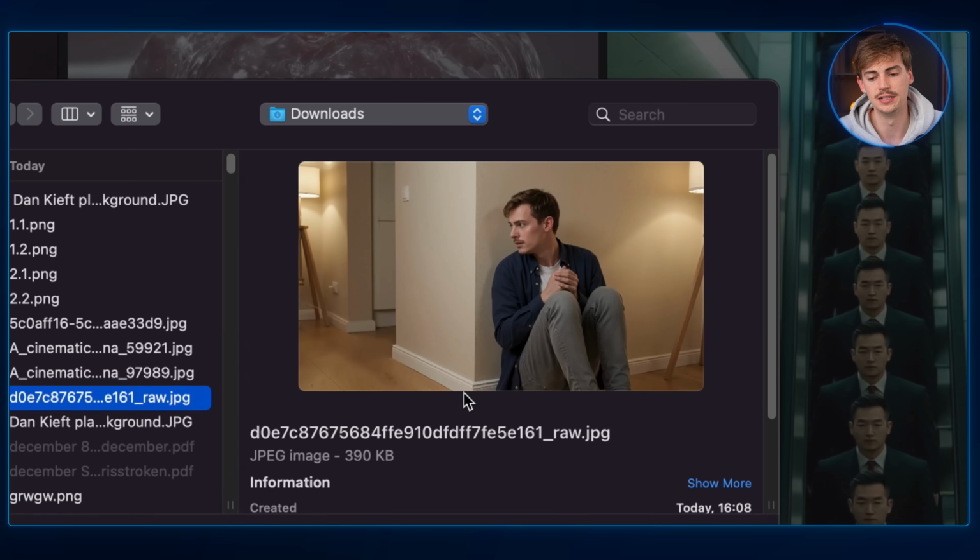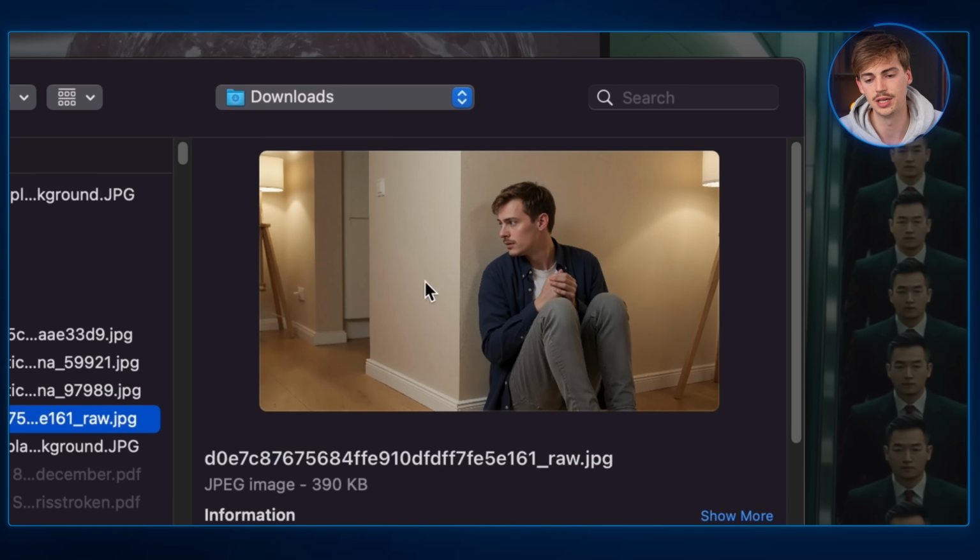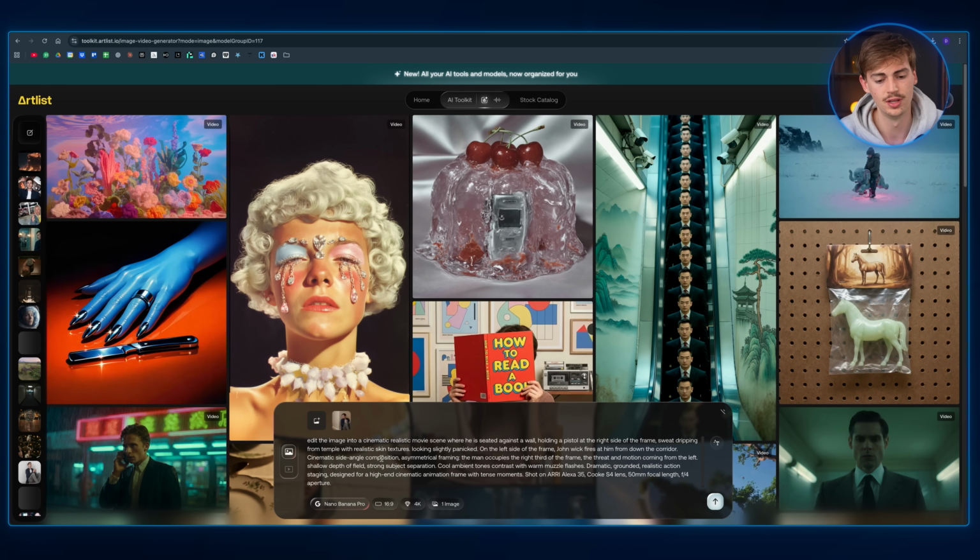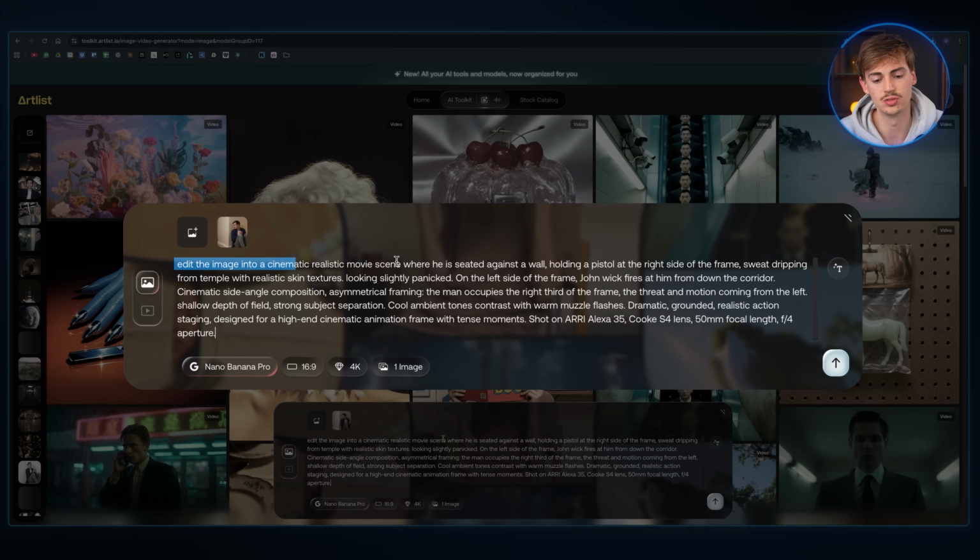The other thing we can do is image editing, and it is using a prompt to make your character into a specific pose without changing much of the original image. So what I have right here is this image of me sitting behind a wall. And let's say I want to change this into John Wick shooting at me while I'm sitting there behind the wall. Then I'm adding in my prompt and I'm going to ask it to edit the image into a cinematic,